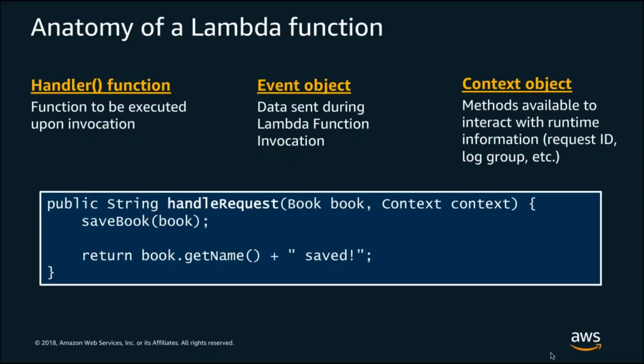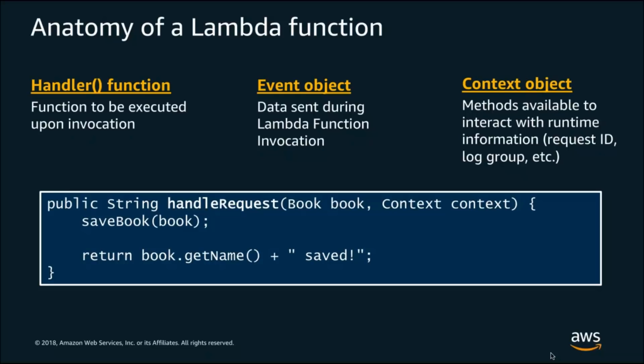Now, the event object is a key part of this, and so depending on the invocation source that you have, it is going to pass in a different event source, again, in alignment with what it is that that invocation source is passing you. So an API gateway is going to pass you an event object that would look like an HTTP request and various attributes from it, whereas an S3 event object is going to pass in information like the bucket and key value.